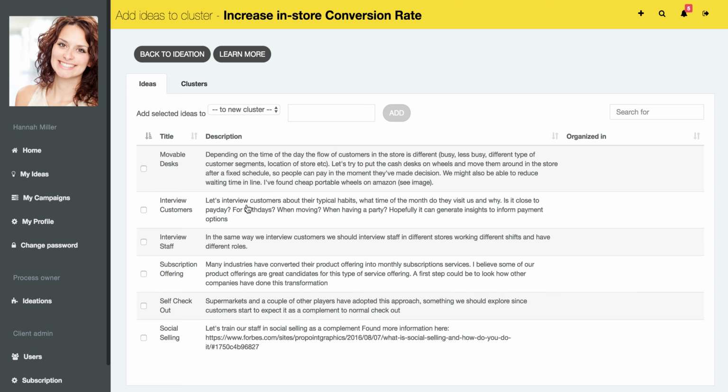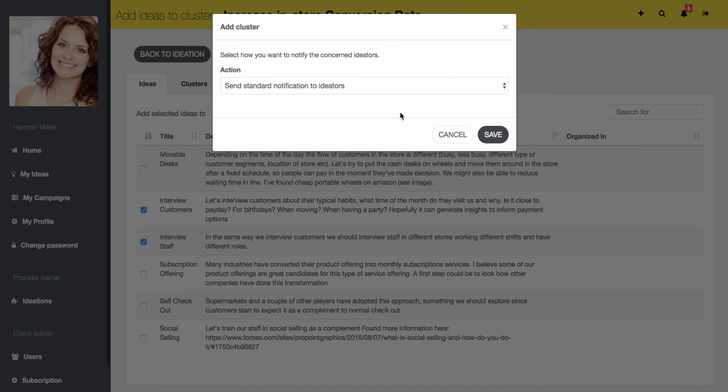So here, for example, we see that we have 2 that are around interviewing different groups. So potentially we could put those in a cluster. And since we have none yet, we'll create one and we can call it research. And when we add it, we get the question if we want to send feedback to the people who've